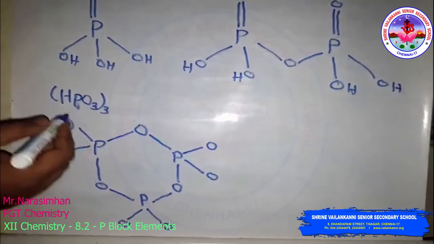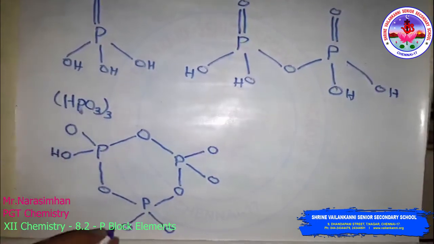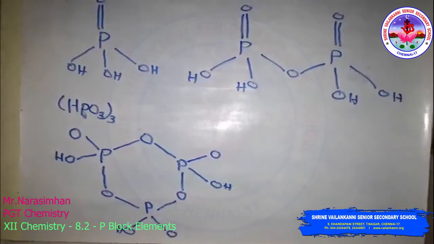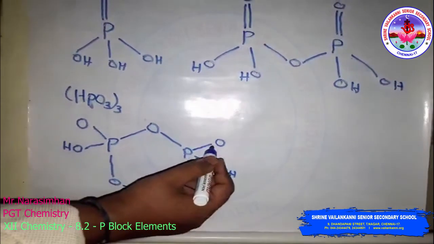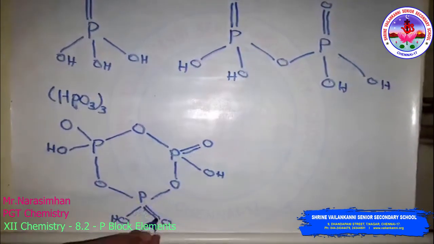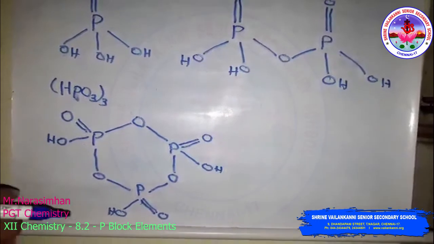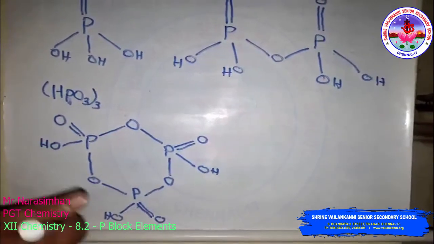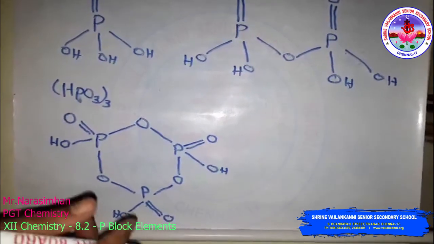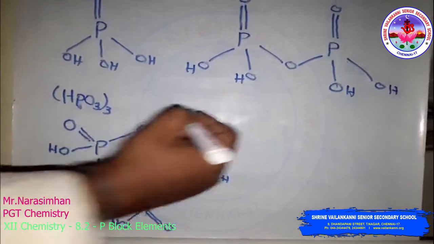Remaining is how many hydrogen? 3 hydrogen. Just put a hydrogen, 1, 2 and 3. Then the remaining you have to balance, that is, valency should be satisfied with double bonds. So this is called the cyclometaphosphoric acid structure. The similar way polymetaphosphoric acid also, the same way you have to follow,